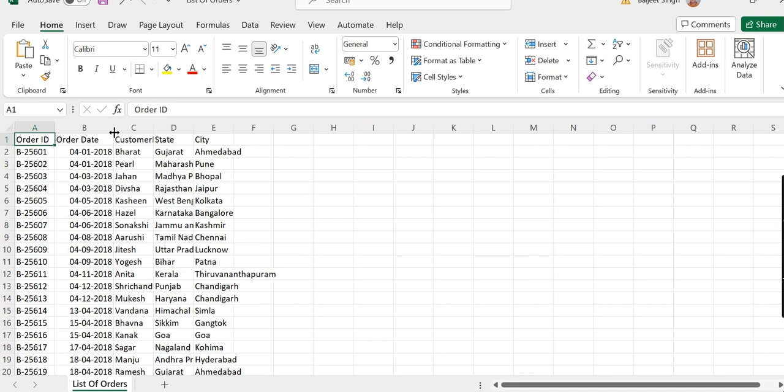There is more precise information about the customer associated with each order. For this order ID and order date, the customer name is this, and the customer resides in the city of Ahmedabad in the state of Gujarat in the country India.